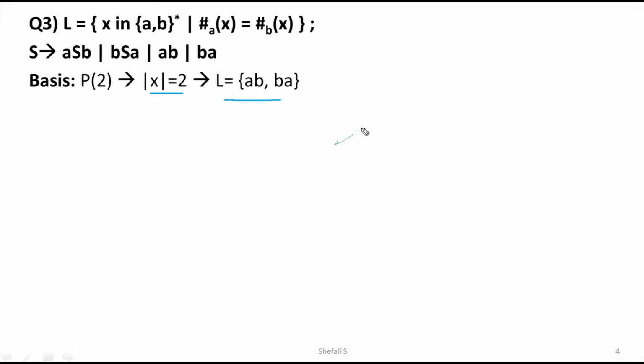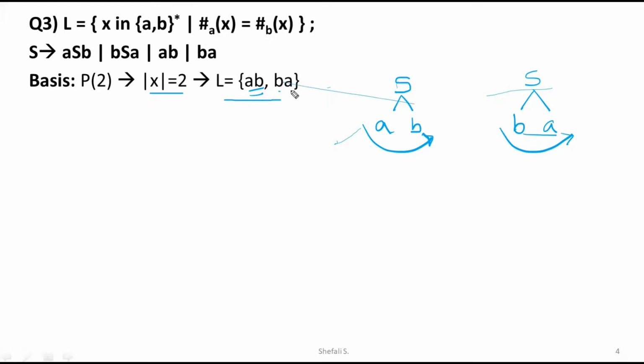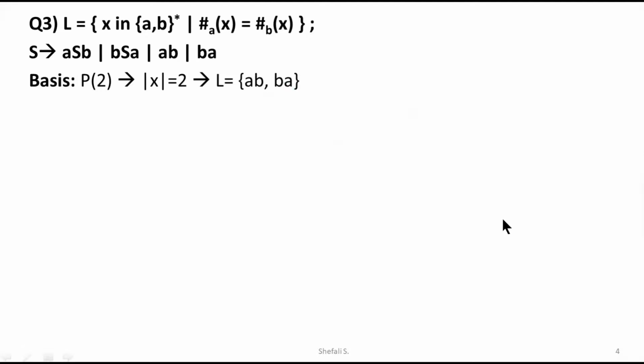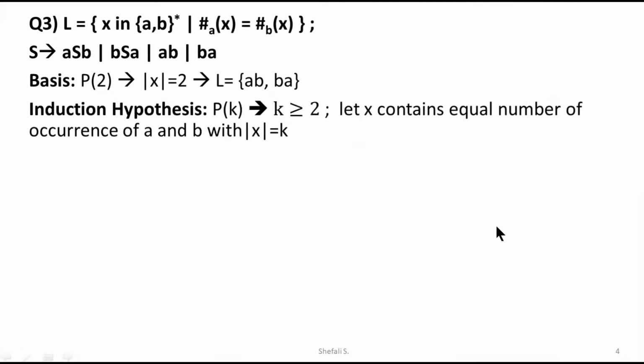I can say that in the derivation trees, S can have the form of AB, which is the tree you pick from left to right. So the first word is AB. The second possible tree is BA, and again I pick it from left to right, so the second word is BA. Such derivation trees are possible, and hence it gives two words, and in both words the number of A's and the number of B's are equal. With this equality, we need to move further.